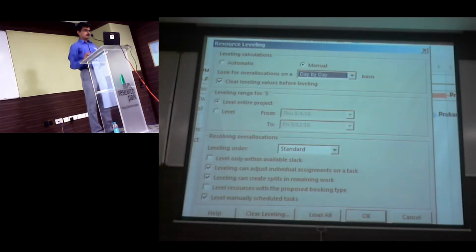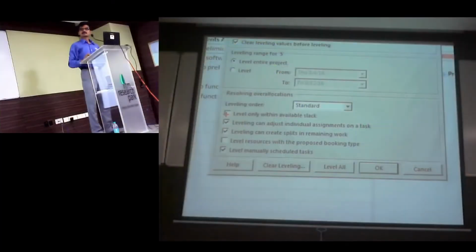Now moving to the second section, it talks about leveling range. Do you all see this? When I want to prepare a project plan where I want to focus and optimize resource leveling only in parts, say for the next 2 months I want to see overallocation and resolve it, make sure that you change the date range accordingly. There is a file indication, leveling range for file. This is the name of the file. The name of my file is file. It's for demo purposes.